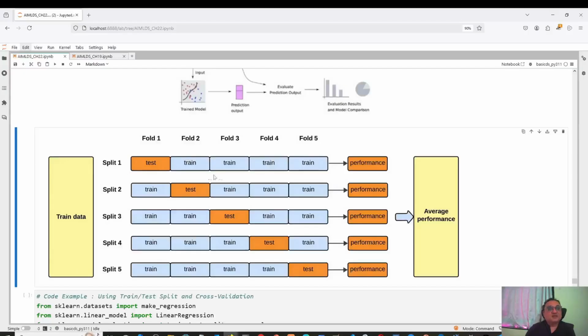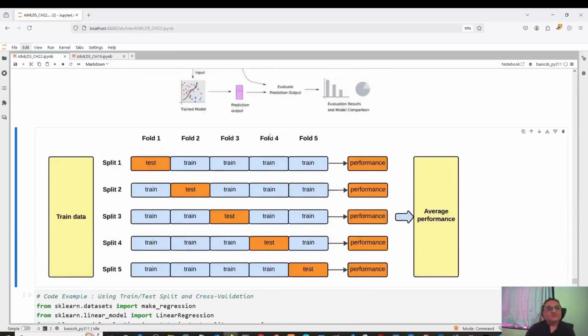So this becomes one train set and the top 200 the test set, and the first model training is done. Its performance metrics like RMSE, MSE, and MAE are calculated. This becomes the second iteration: the second set of 200 rows is taken as the test and the others as train, training is done again, then testing is done, and MSE, RMSE, and MAE are calculated. All the performance metrics calculated 5 times are averaged, and the average is presented to you as the